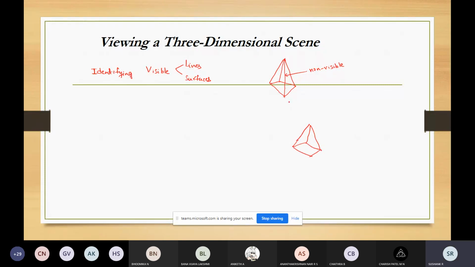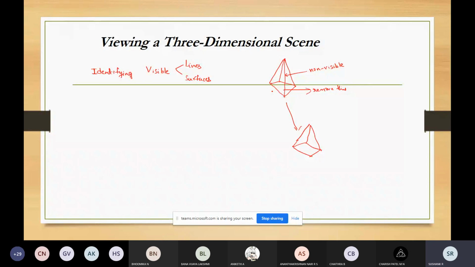So one thing is you can remove this line. Once you remove this line, you will get this image. See, this depends on the way in which the user sees the object also. If this line is the non-visible line, you can remove it and you will get the image. It depends on the direction in which the user is seeing the object.